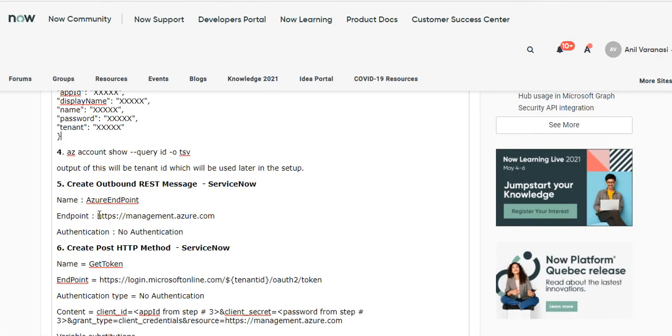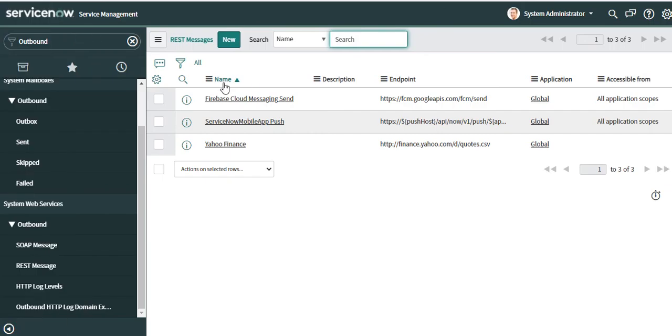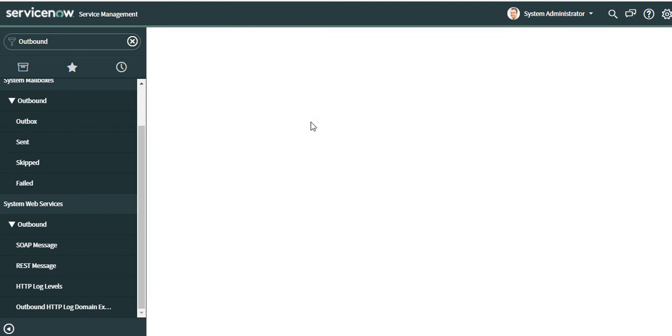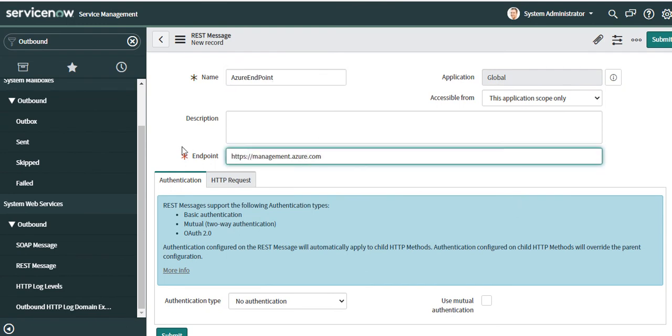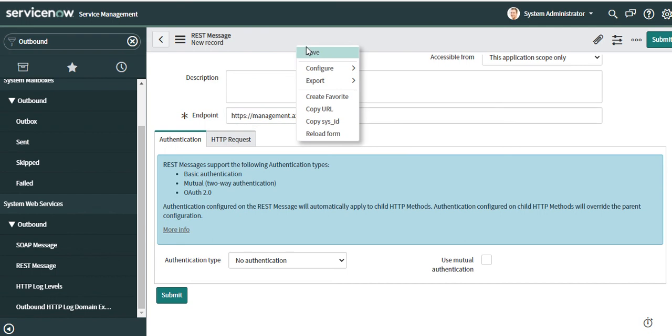It will have the endpoint as this. Give it the name Azure endpoint. This is the endpoint. Authentication can be no authentication. Save it.